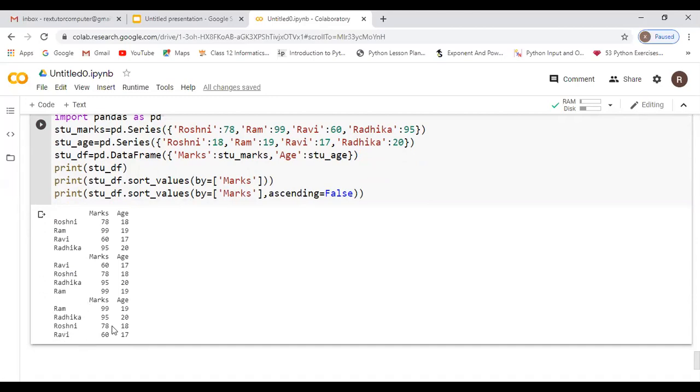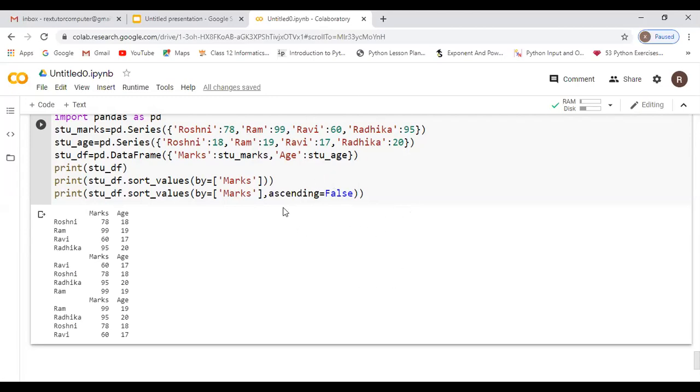By default, it will print in ascending order. If you want descending order, you have to give ascending is equal to false. So you can see the difference. The first one is the unsorted data, the next is sorted on the basis of marks in ascending order, and this one is sorted on the basis of marks in descending order.